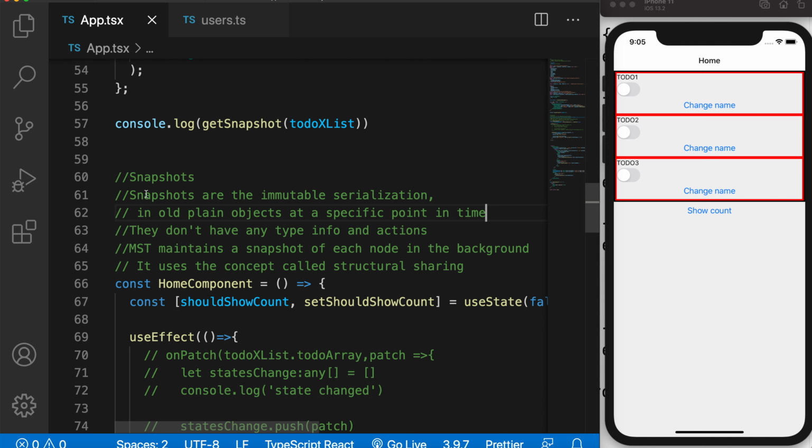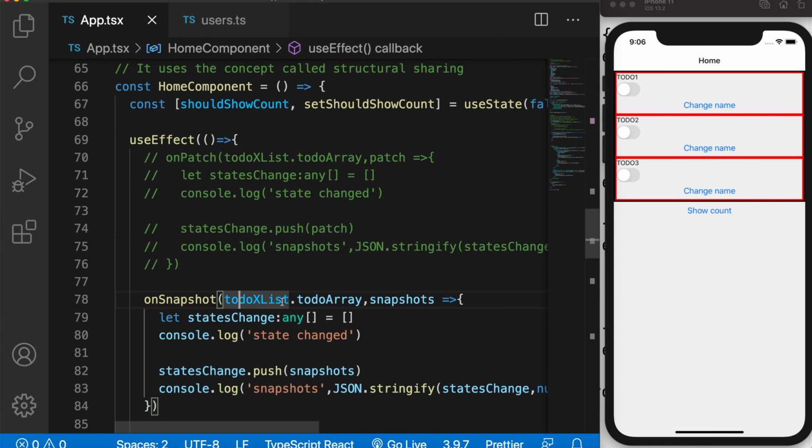So basically, in a simple way, snapshots are plain old objects. At a particular point of time, the state of this MobX State Tree is saved as a snapshot. So whenever we change the MobX State Tree, so for example, here